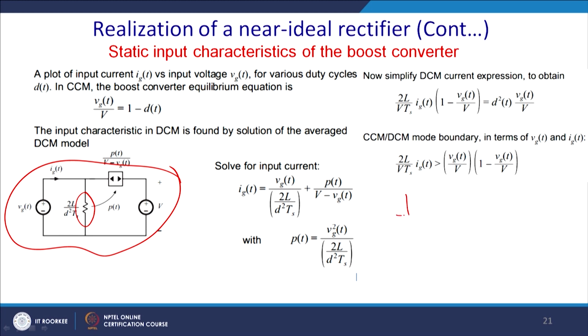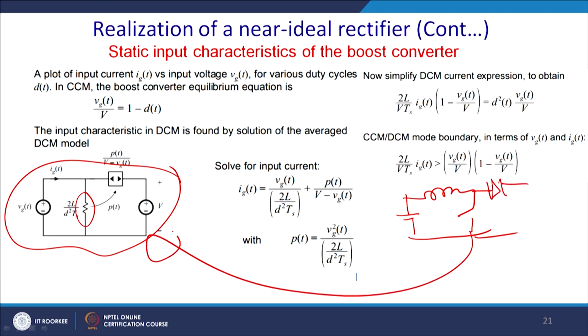Now, you see what happened here, the static input characteristics of the boost converter. You just have a boost converter, that is basically, for sake of recall, this, and how you get this: ultimately, when you short it, you get an inductance. So, this has been lumped here, and the current flowing into it is basically this point minus this point. So, this is the power divided by these voltages. Thus